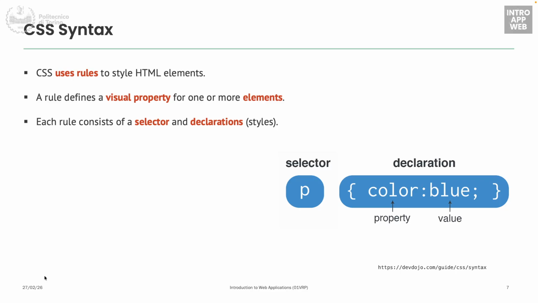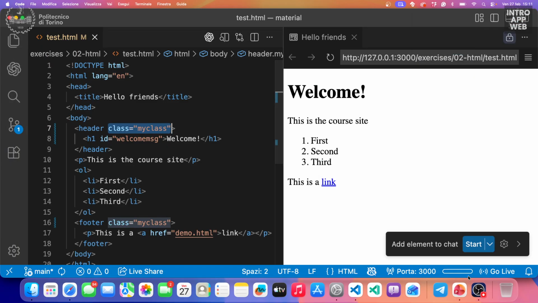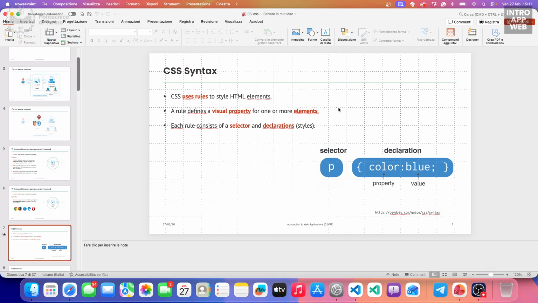If instead of P here we had something like LI, do you remember which one was LI? The list, this one. So what would happen in this case? All of the list elements would have the text in blue. So if I apply that style to this slide, what would happen? First, second, and third would have the blue color. So super easy. We can apply it to a specific element,